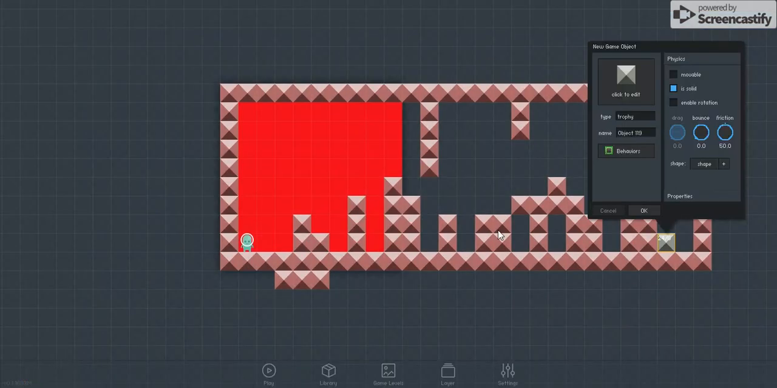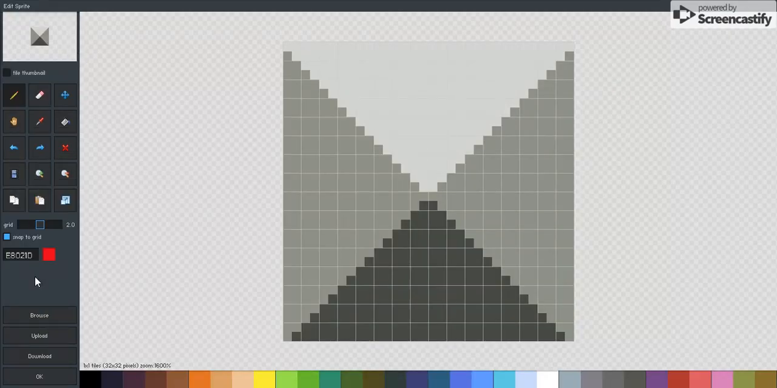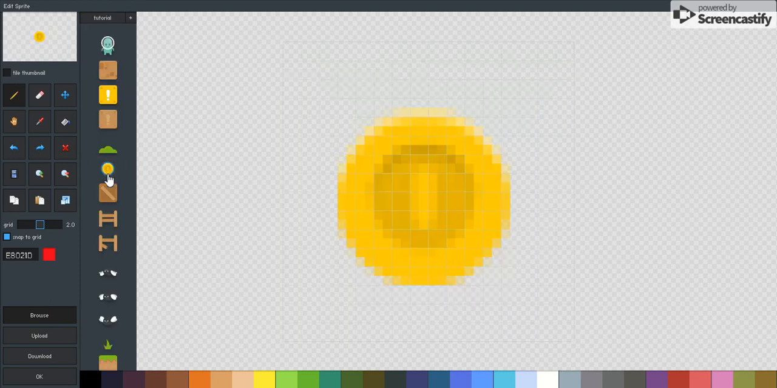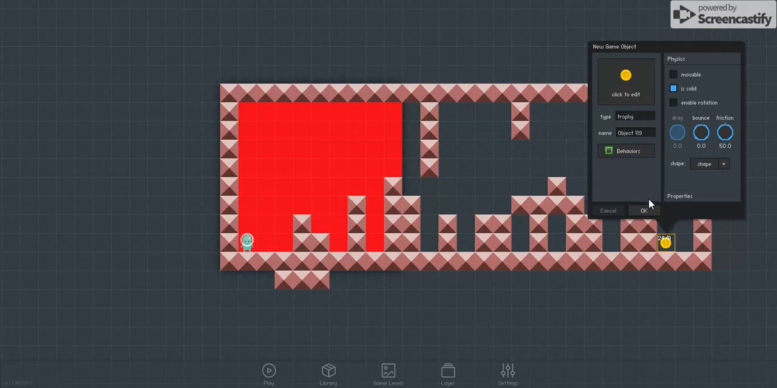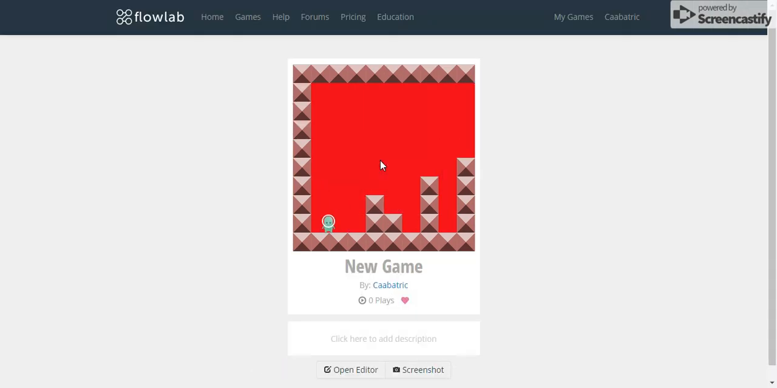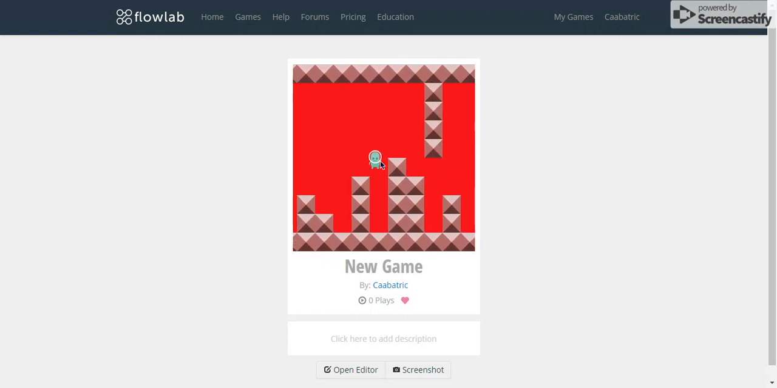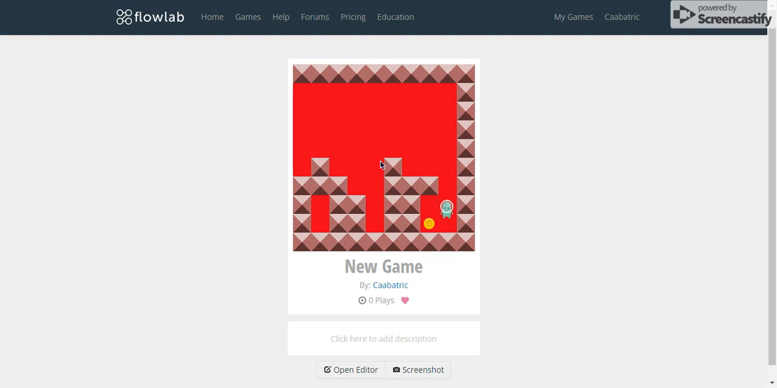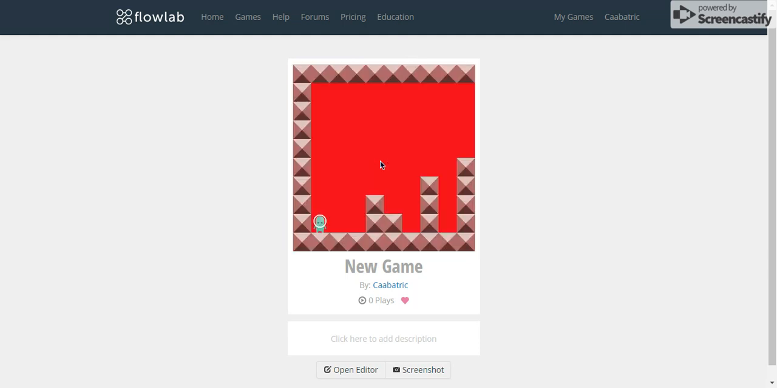And all right. Then I also want to change the way this looks, so we can just browse and look at some of the sprites. Let's click the coin here. Use the coin. So now once this player gets to the coin, it's just going to restart the level. All right, let's try that. Boom. All the way to the end. And boom, I hit it, we restart the level. So now